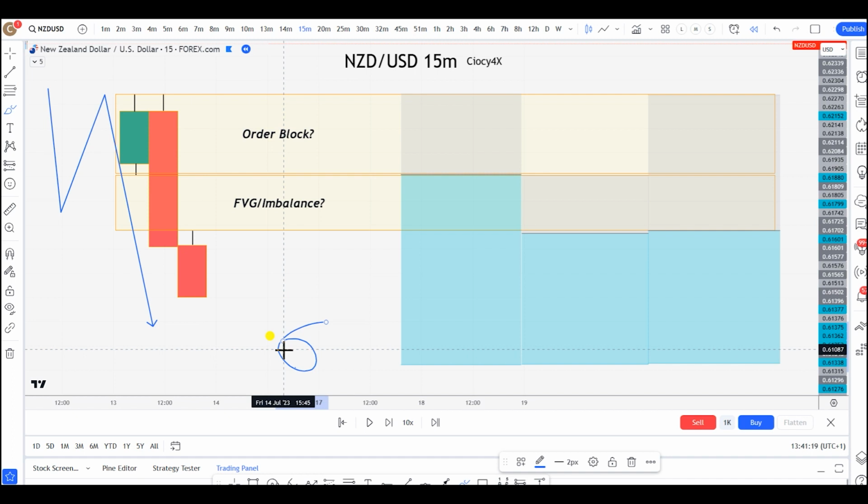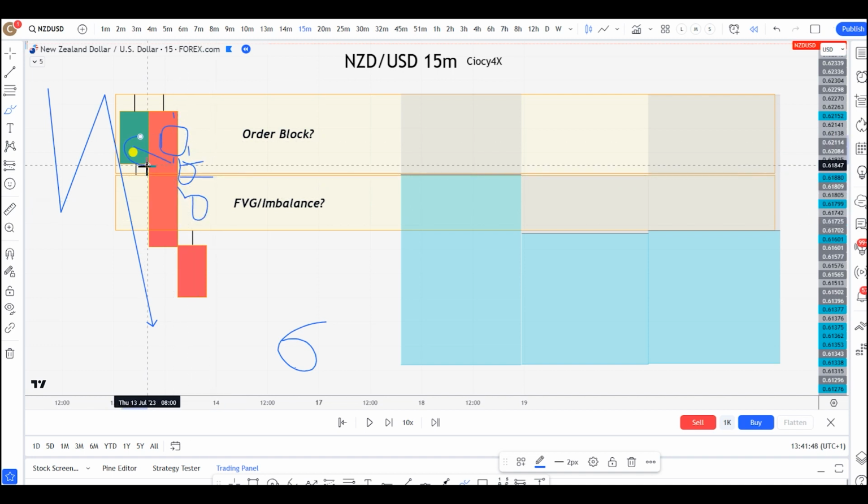But what you also have to understand, and that's why I always keep saying the time frame is very important, is that first, as I said, you will never have an imbalance without another block. I'm sorry, I know I'm repeating that a lot, but that's very important. Secondly, if you do have an imbalance, it doesn't mean that the imbalance cannot be within an order block, okay? Sorry, my drawing skill is not the best over here, but it doesn't mean that you don't have this imbalance inside an order block.